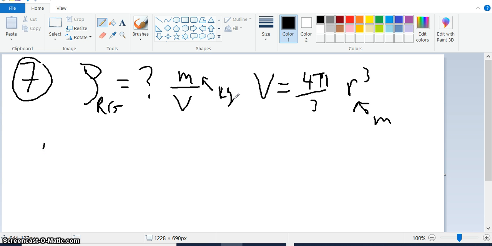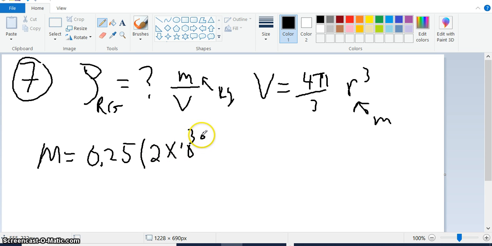So the mass of this red giant, they give us this in the problem, is equal to 0.25 times the mass of the sun, right? And the mass of the sun, of course, is 2 times 10 to the 30th kilograms. So that'll give us 1/4 of the mass of the sun as the mass of this red giant. So it turns out to be 5 times 10